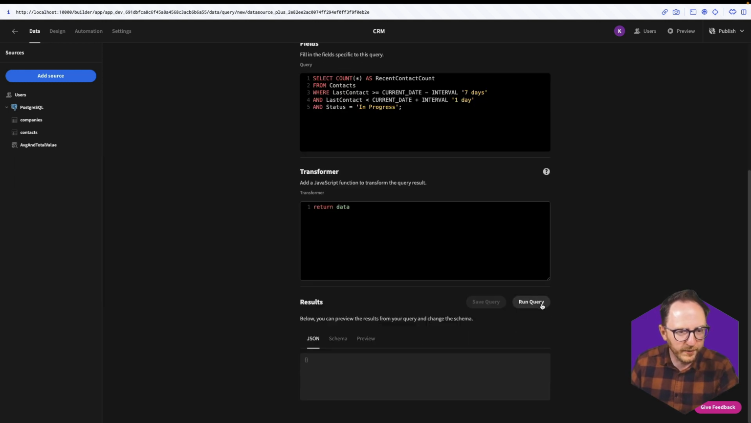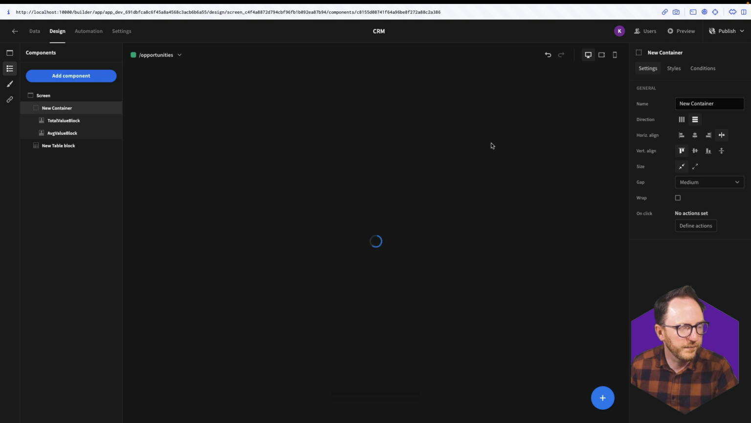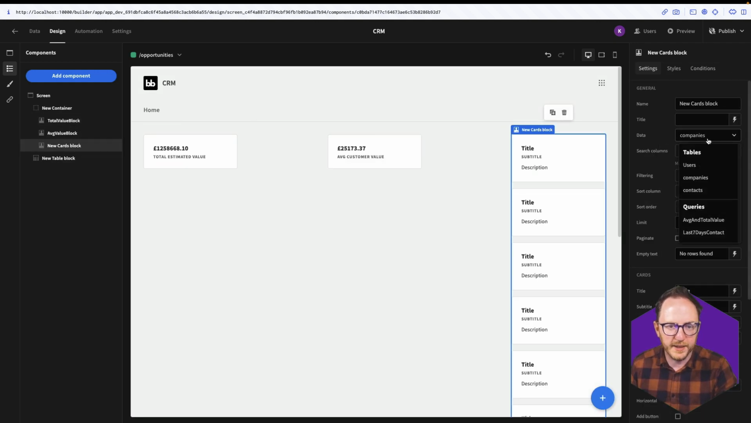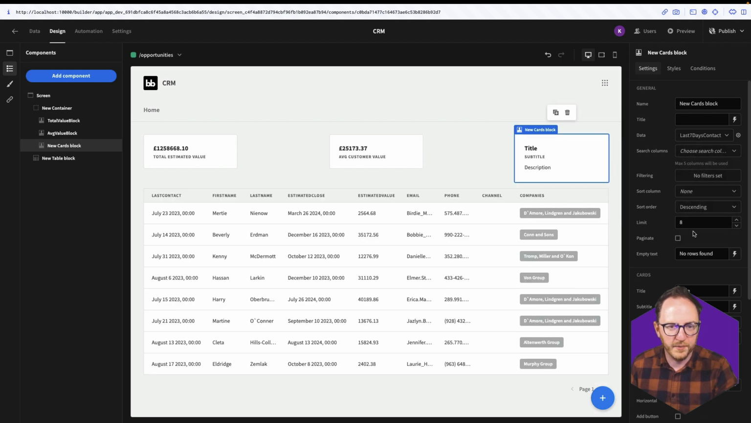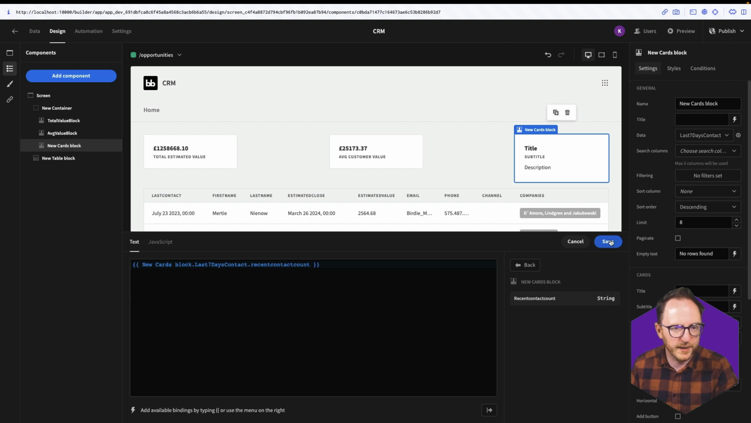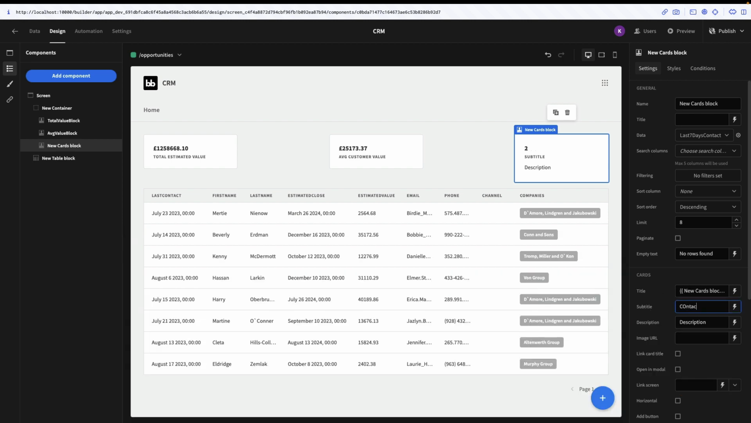So if we run that query, we'll see that's been 2 people. And so we'll save that now. Over here, we'll add another card block. This time the data we're listening to is our last 7 days contact. Say title will be new cards block recent contact count. Say contacted